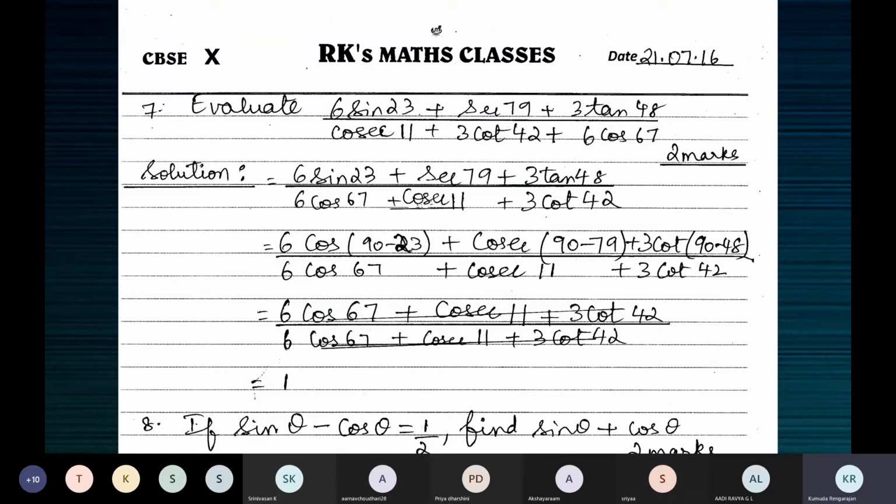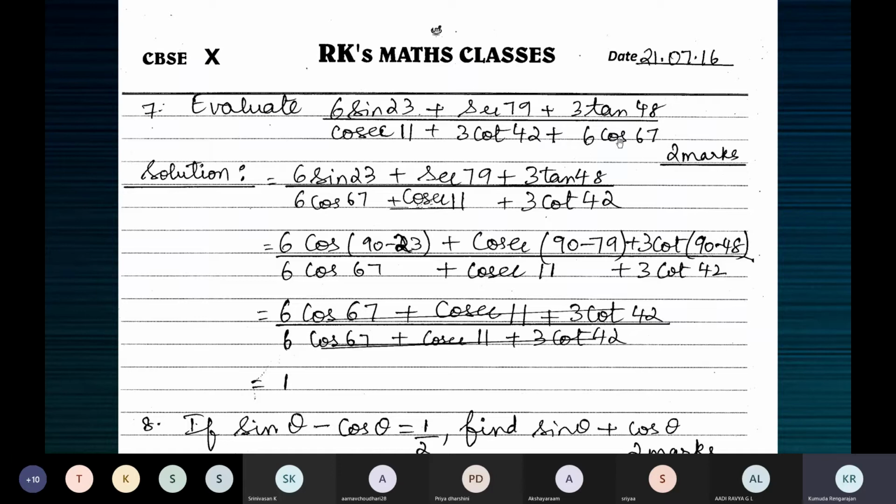But when you look at a question like this, the only thing you feel is that the numerator and the denominator are the same, but they're presented differently. So what you should do is carefully, don't disturb the denominator, change the numerator, or don't disturb the numerator, change the denominator. Because when you look at the ratios in the numerator, sine, cosecant, secant, cosecant, tan, cot, you can find the complementary ratios.